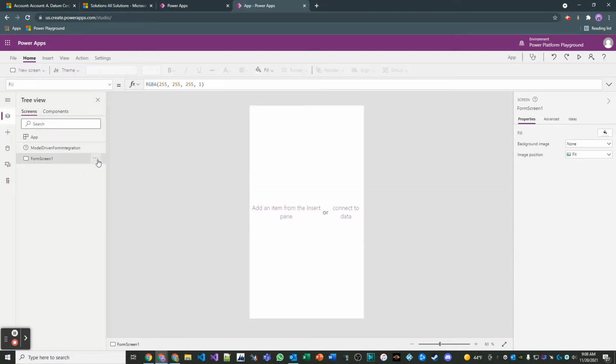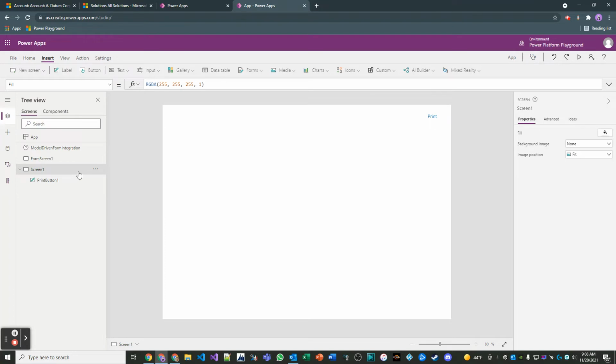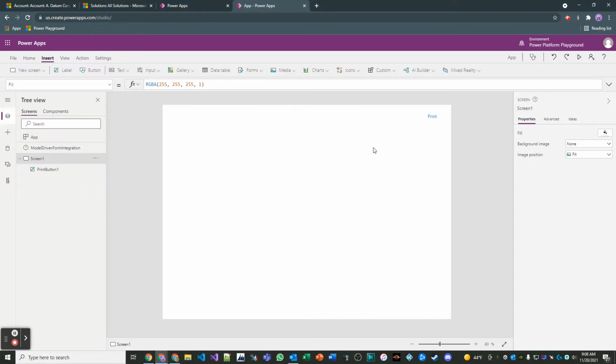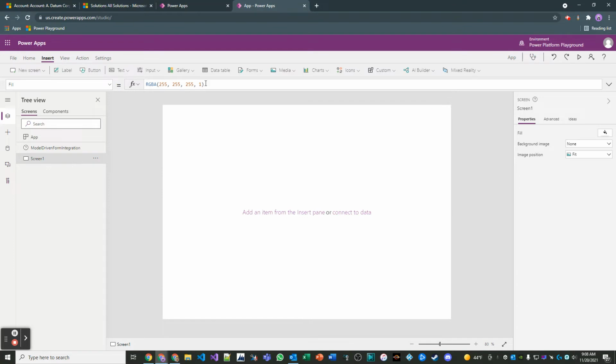I'm actually going to get rid of this screen here in a moment. I'm going to insert a new screen, and it's going to be a landscape print. I'm going to delete this screen. So now we have a big screen. I'm going to get rid of this button, and then I'm going to insert a